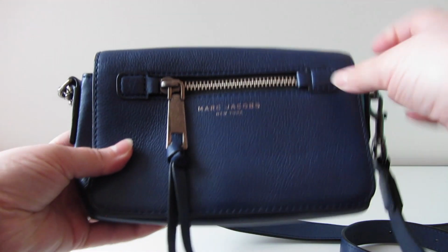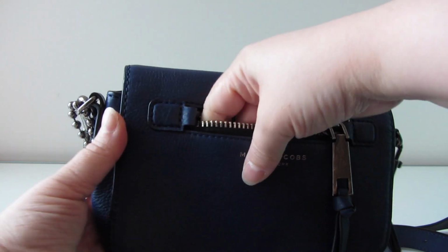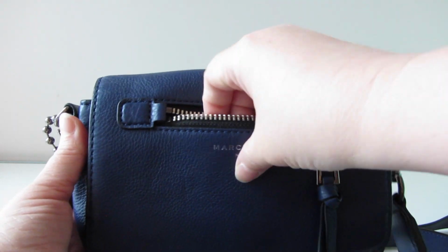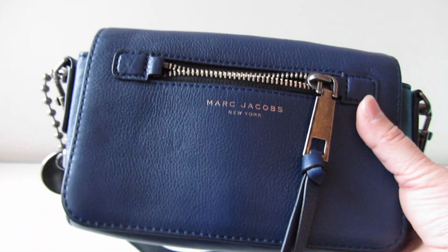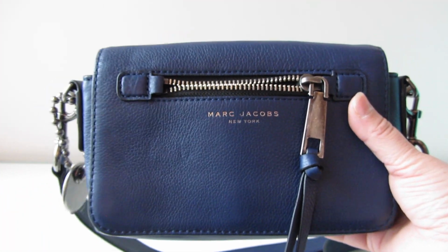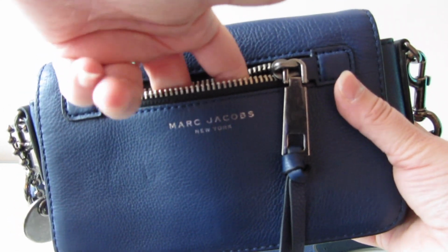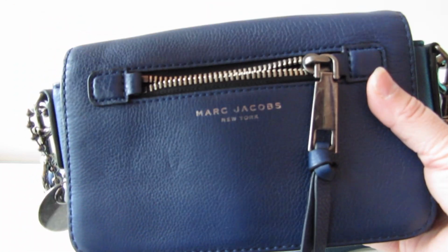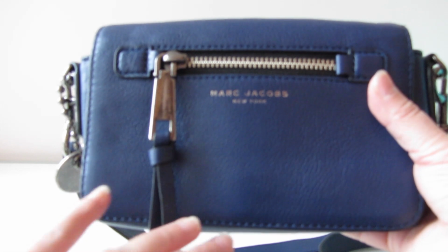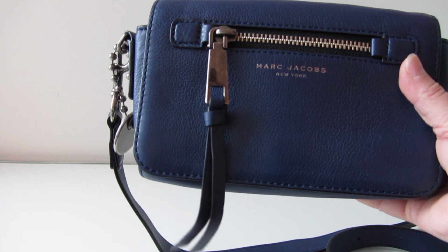On the outside, there is a little zipper, and it does let you have a little bit of space to put something in here. But I think this is mostly decorative because it is a rather small space. So probably the only thing that I might put in here is if I had like a ticket or a transit card or something, just something small, easily accessible. But I think it's pretty fun with the zipper, and then the end has this little tassel, which again is